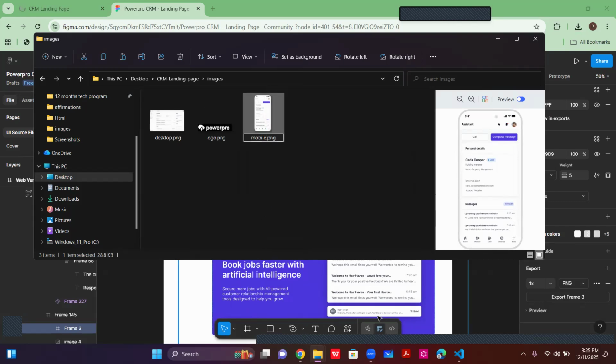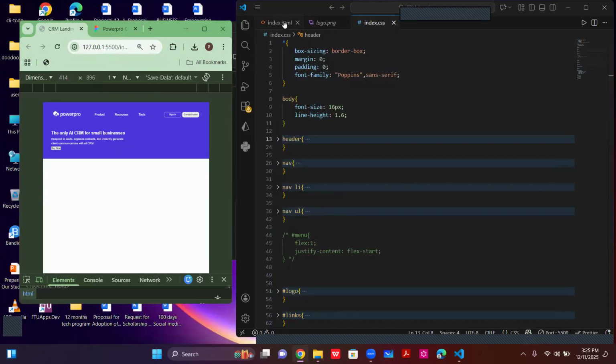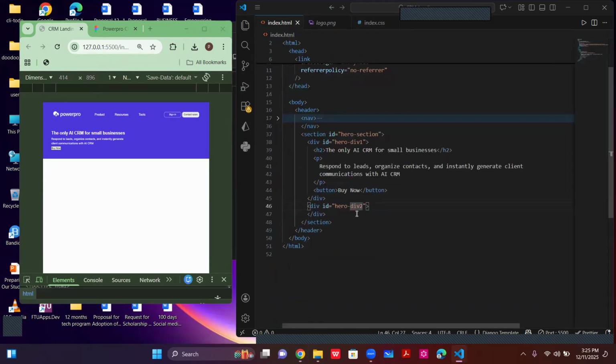So I'll just go back to my Visual Studio Code and bring back our work here. So what am I going to do? I will go to the div one. In this div one, I'm going to place the image. So I will use the img tag. I will get the alt attribute and give it a descriptive title. I'll just call it desktop image. And then the source would be,